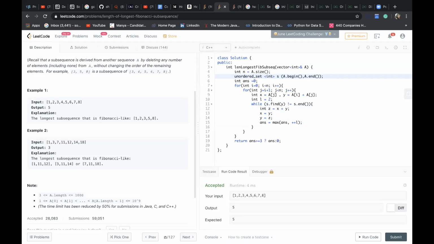Okay, yeah. I'm a bit unclear regarding the complexity. The space complexity will surely be n, because we are using a set as extra space. But I'm not sure why n square log m is the complexity. Log m is because of the while loop.